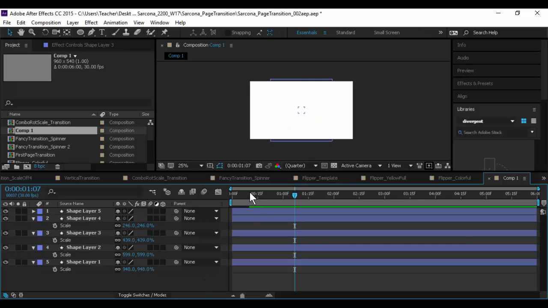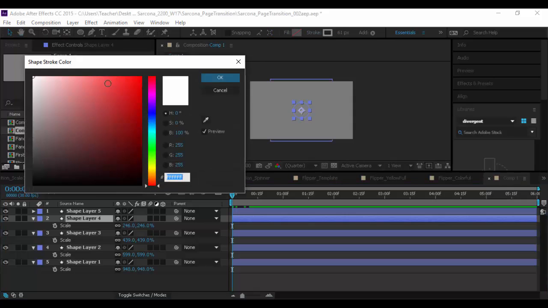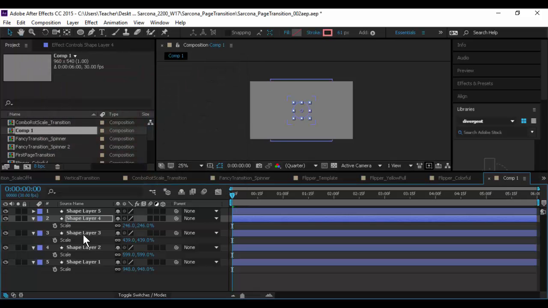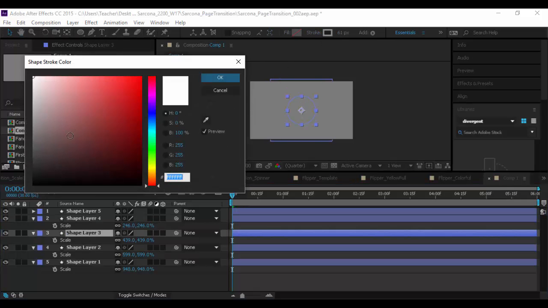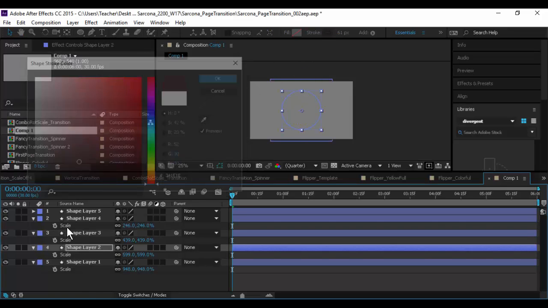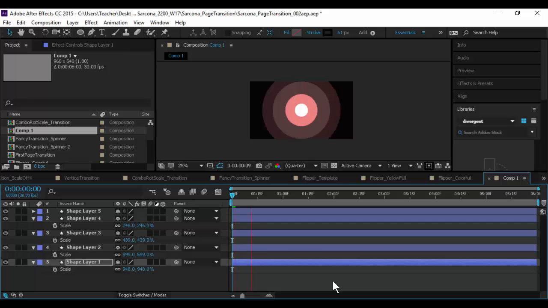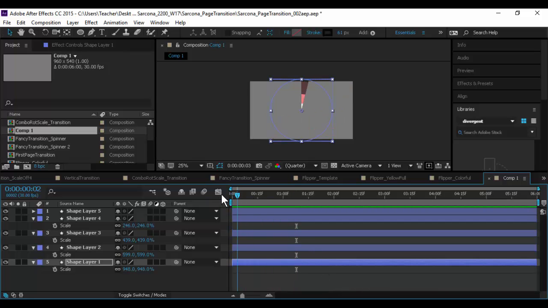There we go. Okay. And then I can give each of these kind of a different color, too. So that one's kind of pinky. This one's kind of darker pinky. That one's that color, and then this one will be like a black. Okay, so now if I just play it, it'll do this. Okay, not terribly exciting, but then when I take these and offset them,